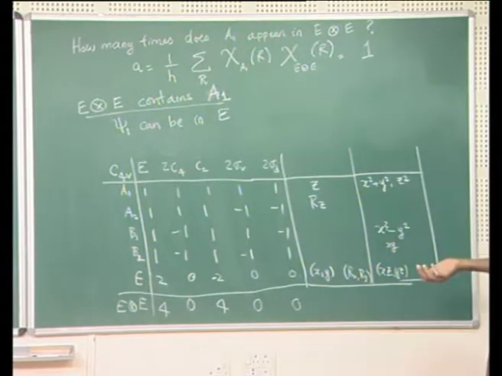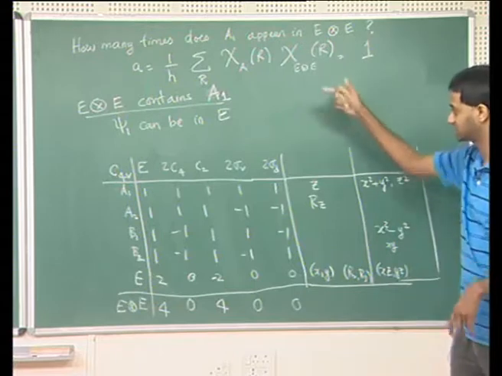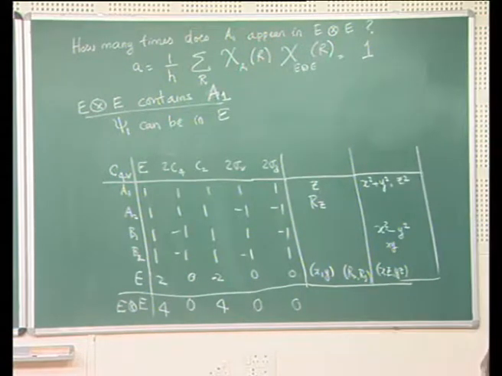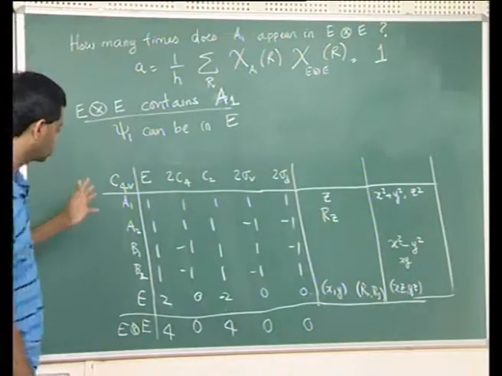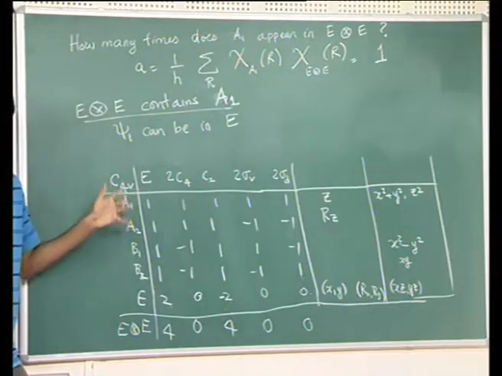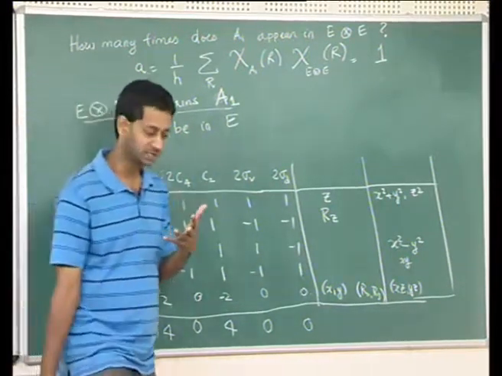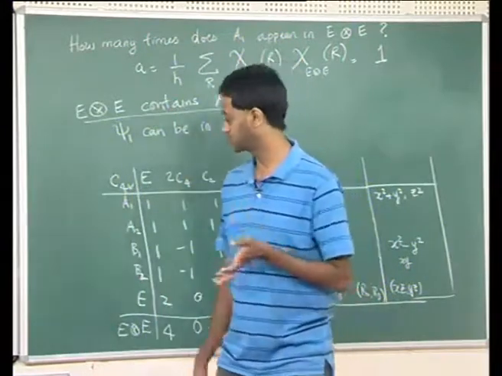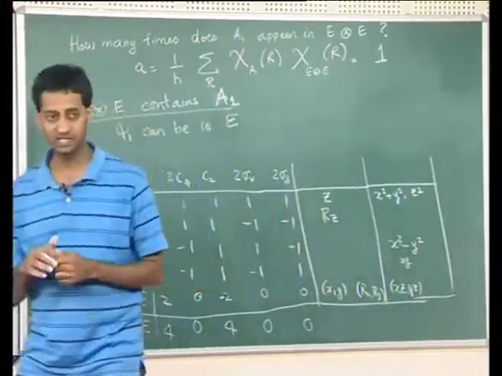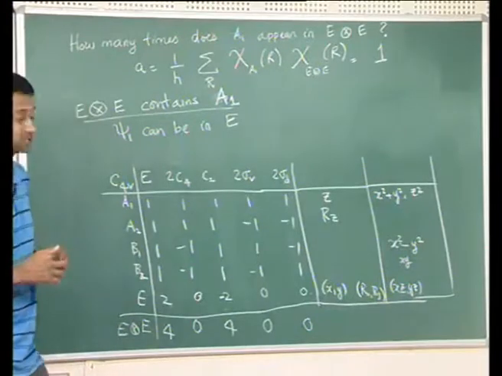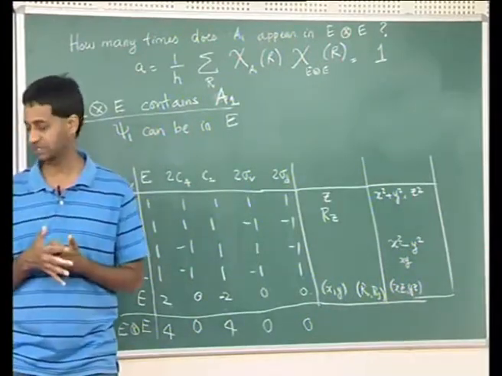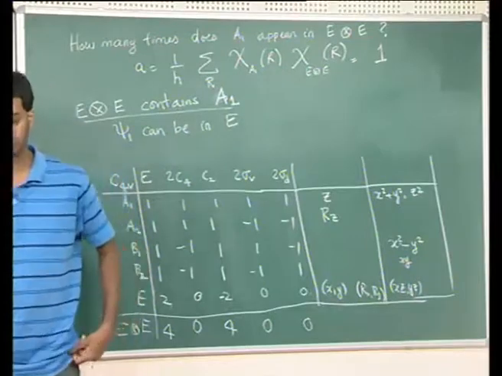Okay, but once you have identified to which representation each normal mode belongs, then you can go ahead and use these simple rules to identify which of the spectroscopic transitions are allowed and which are not allowed. So far we have seen two applications of these character tables. One is in identifying which overlap integrals relating to energy are non-zero, and the second is to identify which are the spectroscopic transitions that are allowed or disallowed.